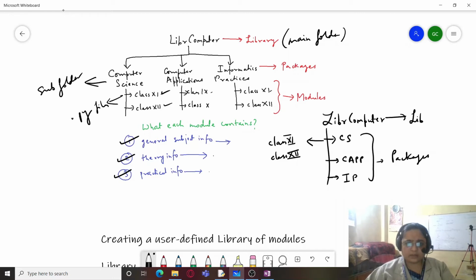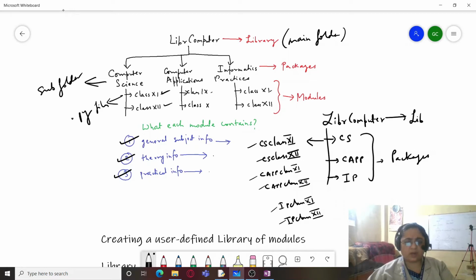So I can also name them as CS class 11, CS class 12, C app class 11, C app class 12, and IP class 11, IP class 12. So I can just name these in this way to avoid any confusion, right?